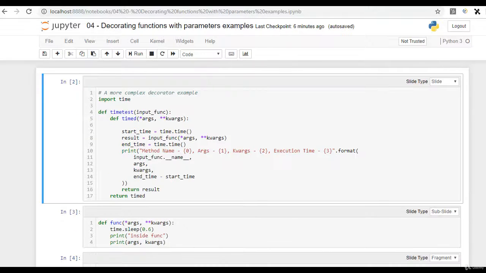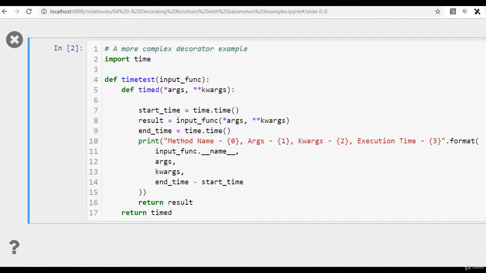So let's begin. Here I've imported the library time. It helps in calculating time, and even if you want to record the time, we can do this with the help of this library. We can also make the function sleep with the help of the functions available in this library. What we are going to do